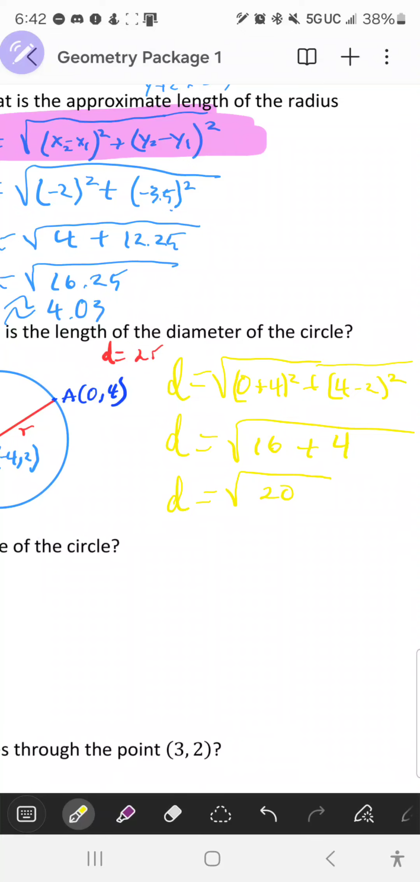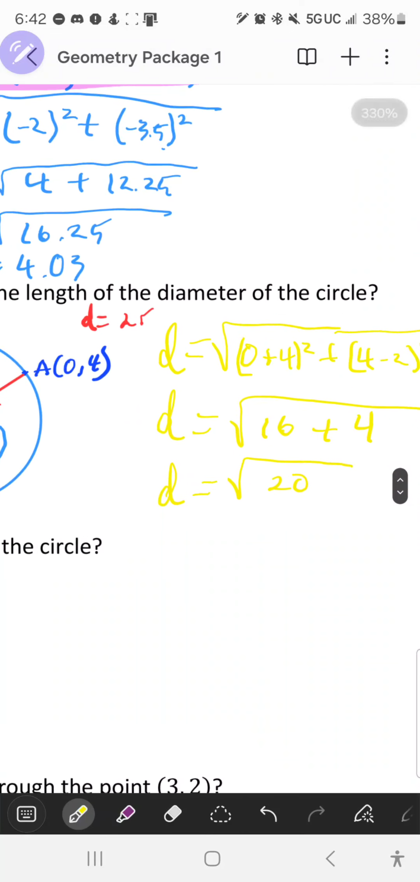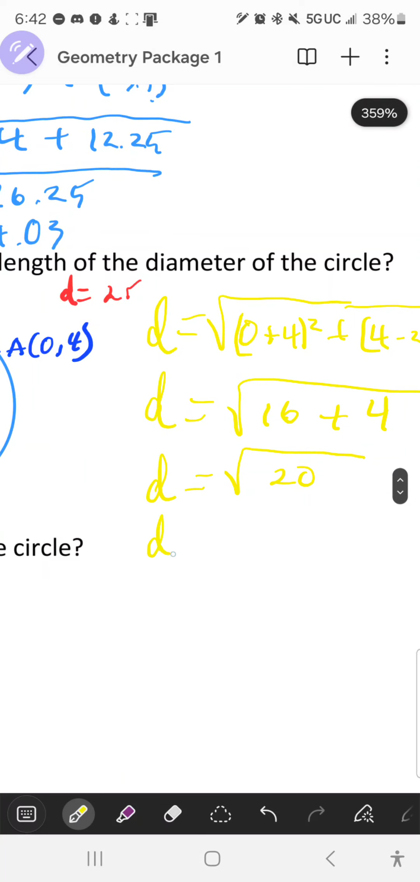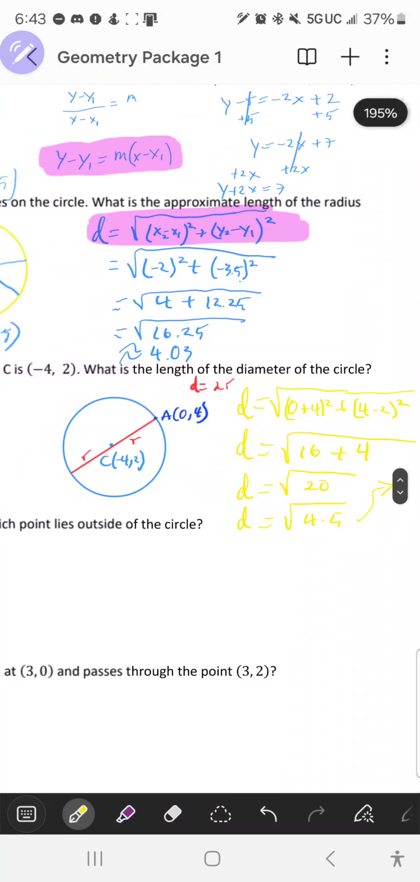Let me see the kind of answer they have. Okay, now the square root of 20, we can say that it could be the square root of 4 times 5, since 4 times 5 is equal to 20. And this can be written as